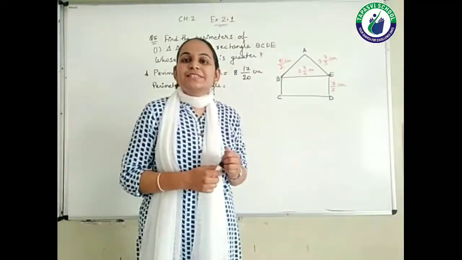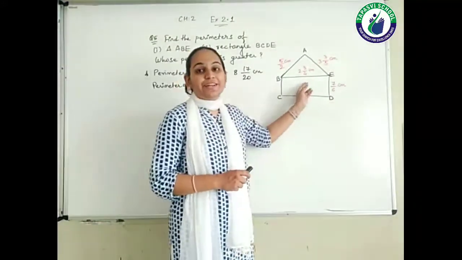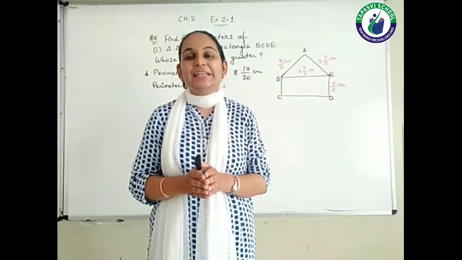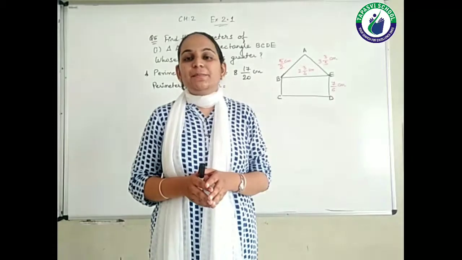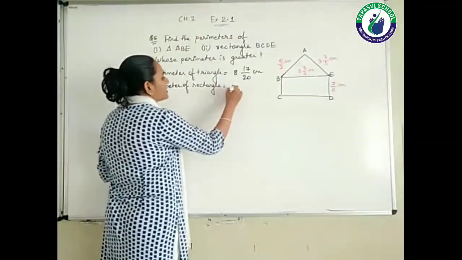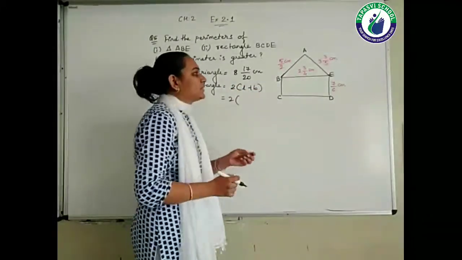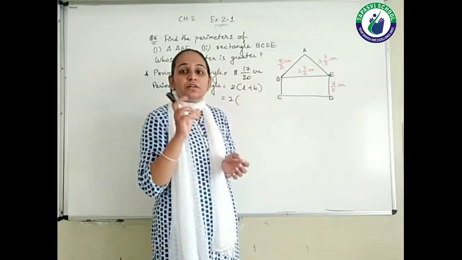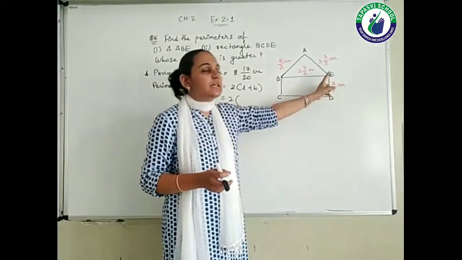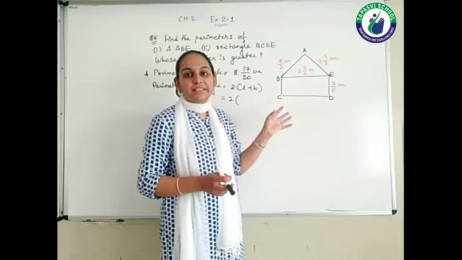Right, now okay students, now let's see the calculation of the perimeter of this particular rectangle. So first of all we should know the formula of perimeter of rectangle, that is 2 bracket L plus B. So let's see the calculation here, students. So perimeter of rectangle formula 2 bracket L plus B, right? So what is my length? Here we have to first of all identify what is length and what is breadth. See students, this BE is your length and this ED is your breadth. Similarly this one is your length and this one is your breadth, right?